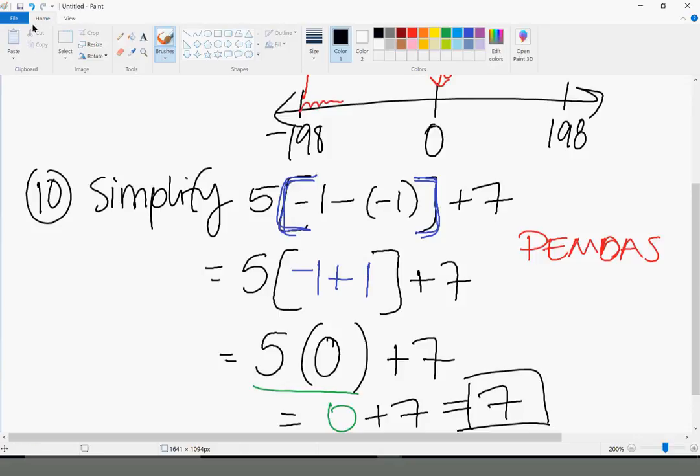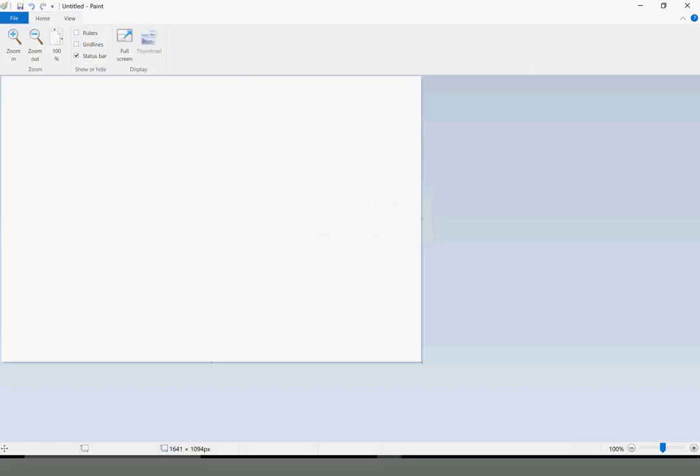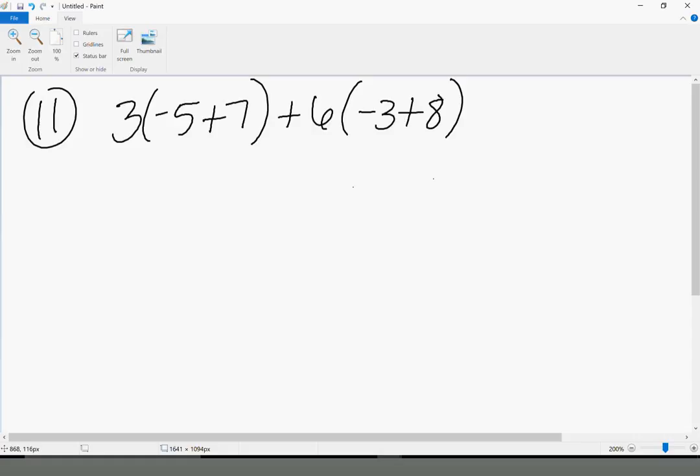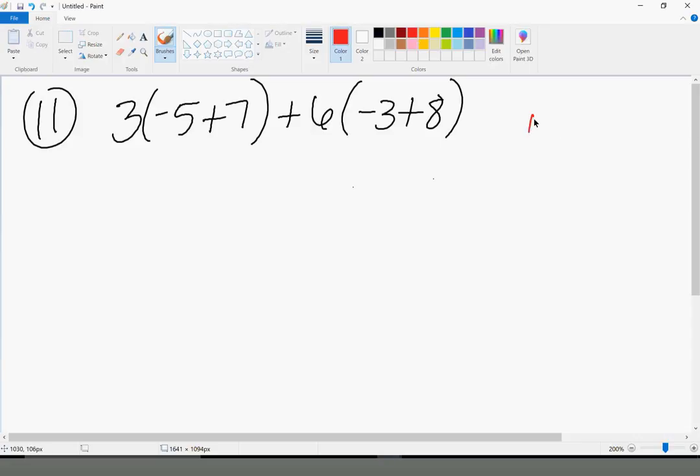Okay. So let's keep it moving. Number 11. Simplify. 3 times [-5 plus 7] plus 6 times [-3 plus 8]. Okay, so again, you're going to have quite a few order of operation problems. So that's why you're going to see it a lot in the review. So we're going to work within the parentheses first. So I've got